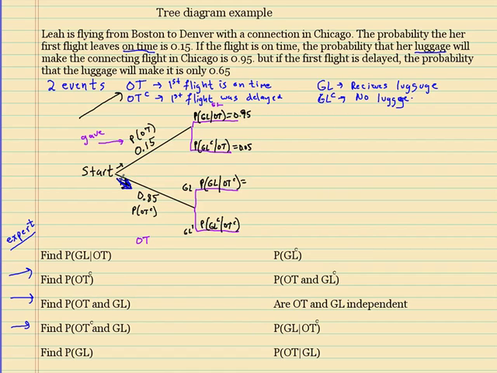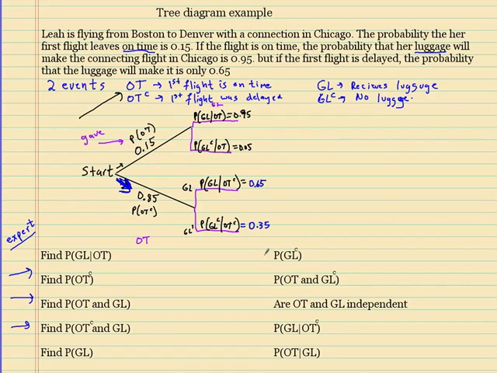If is a conditional. If the flight's delayed, so I want to go down this way. If it's delayed, the probability that the luggage will make it is only 65%. So that's the probability she gets her luggage given it was delayed. So that is 0.65. Okay? So if that's 0.65, I know this plus this has to equal 1. So I could do 1 minus this to get this one right here. Okay, so that's going to be